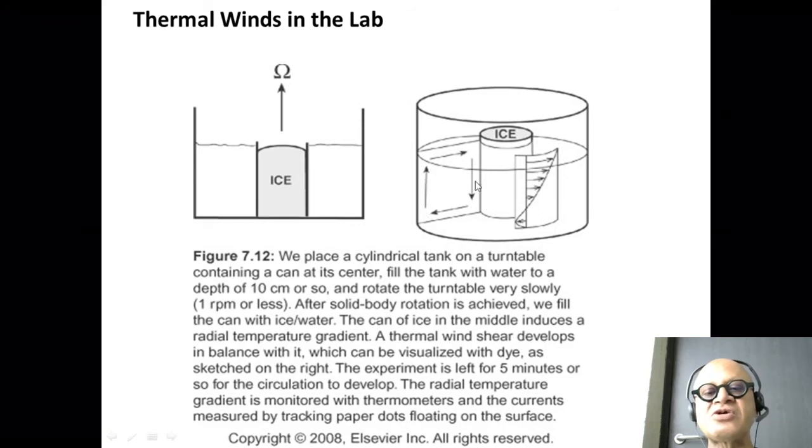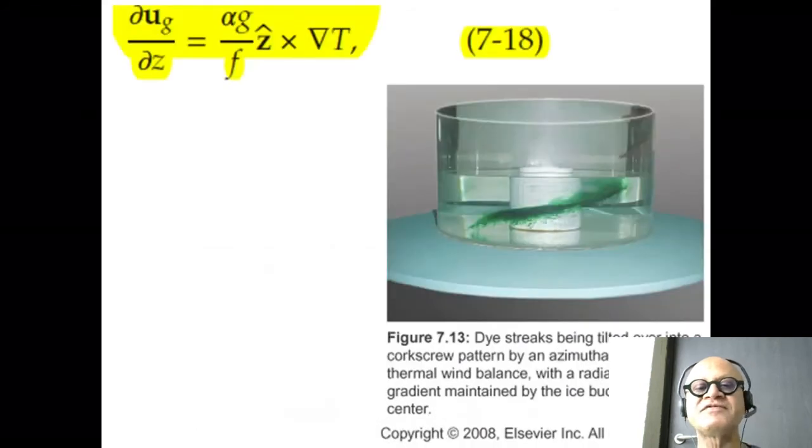And the other interesting thing we will see later on is that this also sets up a thermal circulation where near the cold part of the tank, water sinks. This thermal wind comes with this circulation. Water flows out, rises near the outer edge, and creates this cell. For some of you who know the circulation in the atmosphere, you probably know that that is like the Hadley cell, right? So there is a relation between Hadley cell, thermal winds, and so on. So dUg dz is alpha g over f z hat